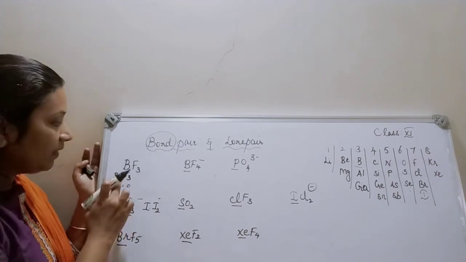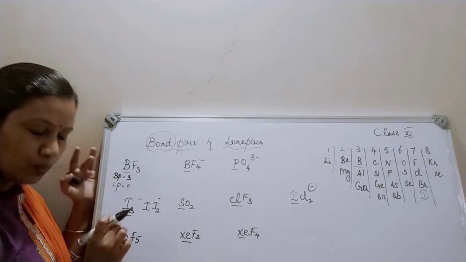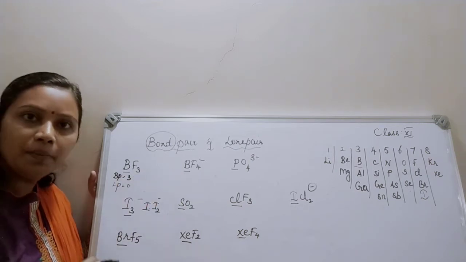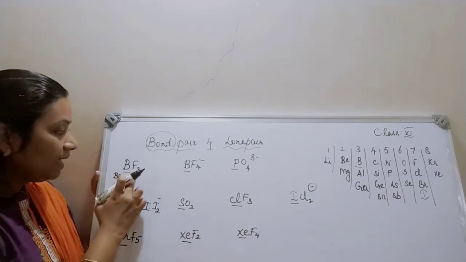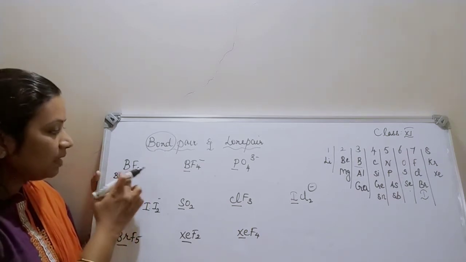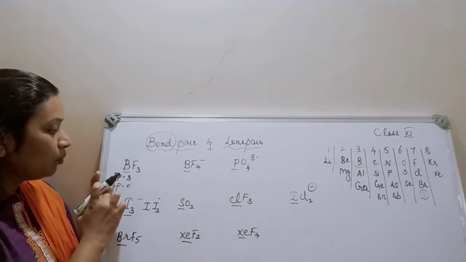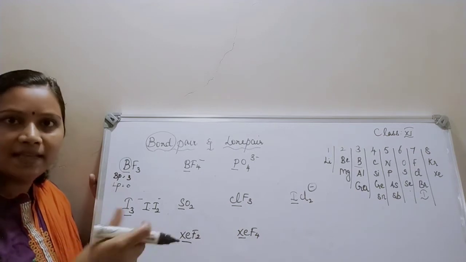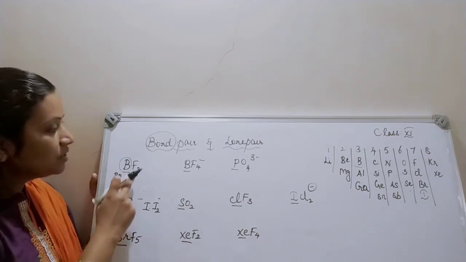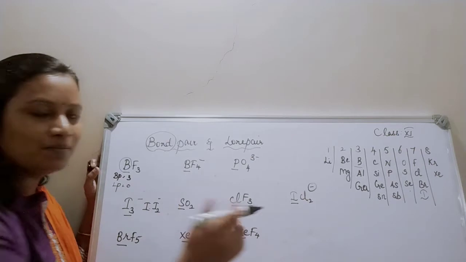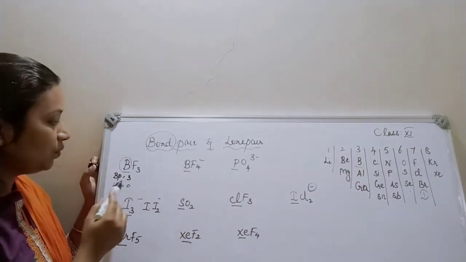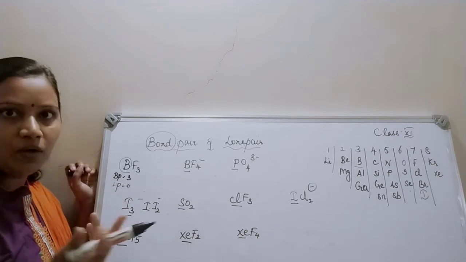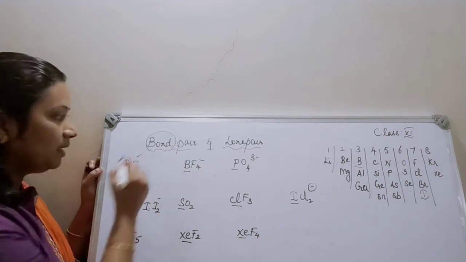Clear? We identified the central atom as boron, and we saw the number of bonded pairs. The number of bonded pairs is nothing but the atoms directly bonded to the central atom. So 3 fluorine atoms are directly bonded to boron, so bonded pair is 3. I am going to call valency the available hands. Like how we have 2 hands, boron is having 3 hands. So all 3 hands are involved in forming bonds with the 3 fluorine atoms. There is no lone pair.